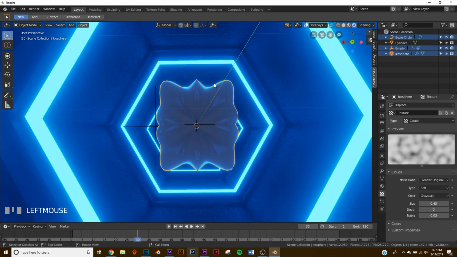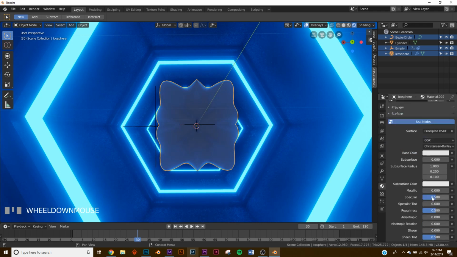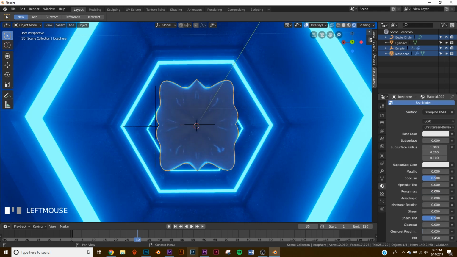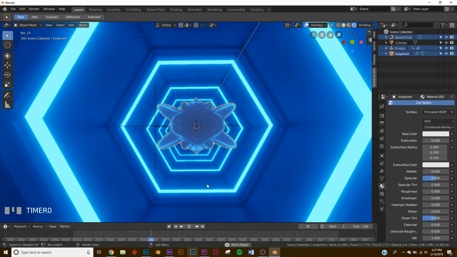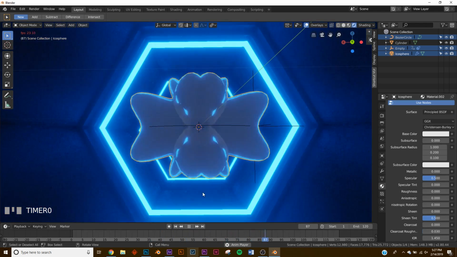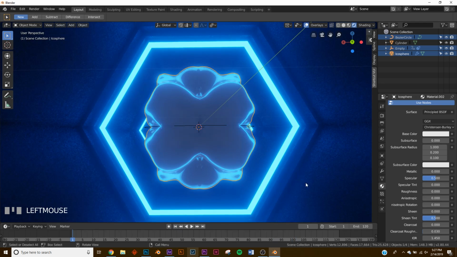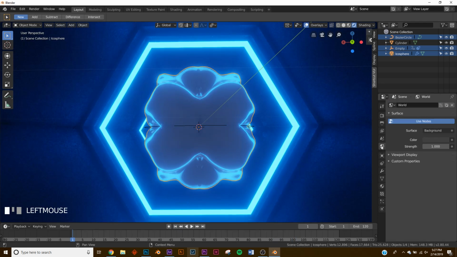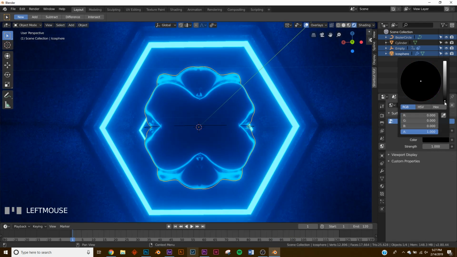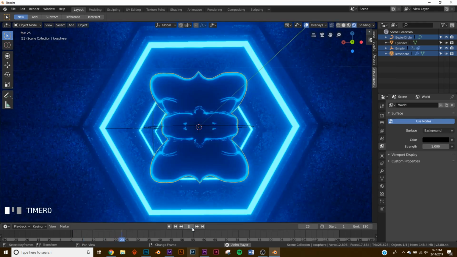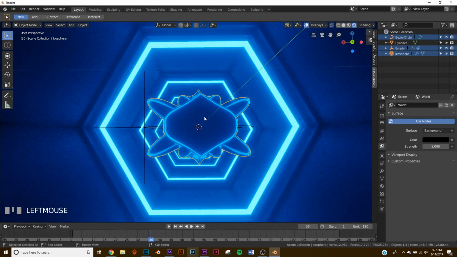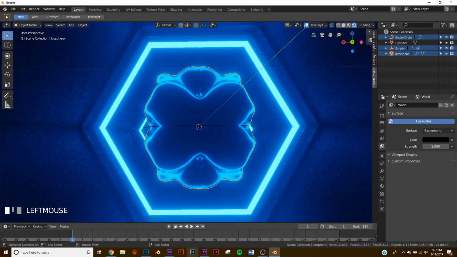And then we need to add a material to our icosphere. So go to the materials here, give it a new principled shader, and bring your roughness all the way down to 0. And so now we get this crazy reflecting. It's kind of gray in the middle, that's because of the world settings, so go to the world settings and bring it all the way down to black. And so now we have this going on. Now there's no reflection going on in here. We're going to bake some reflection later, but that's why it doesn't look good at the moment. But just hang tight and we'll get to that.